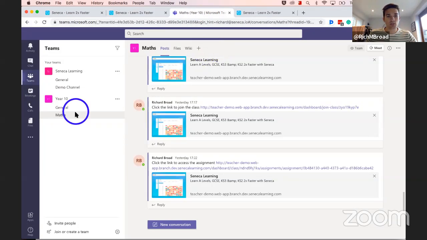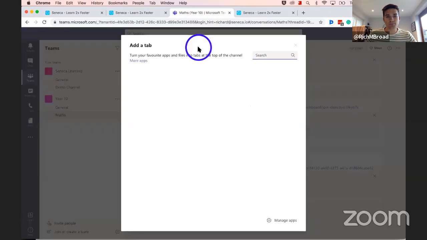Within a channel in Teams, you can add a custom page here. So these three are there as standard. But what you can do is add a custom link, and there's lots of third-party products that you can add in as extras on your Teams to keep everything within Teams, and